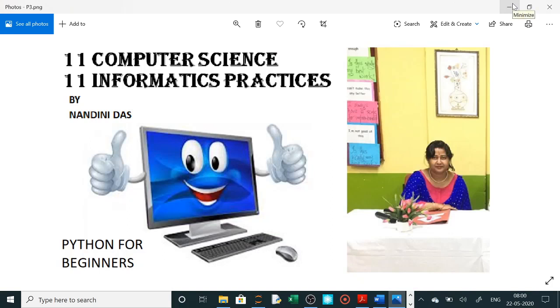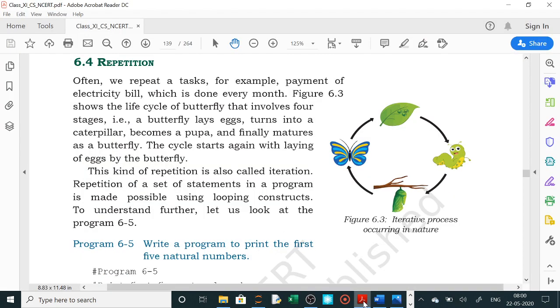Hello students, today we are going to learn some number games using Python using for loop. So what is this for loop? For repetition of any task, when we want to repeat any work, we normally use a for loop. Whatever we write in the for block will be executed the number of times mentioned in the for loop. So here there are many examples.